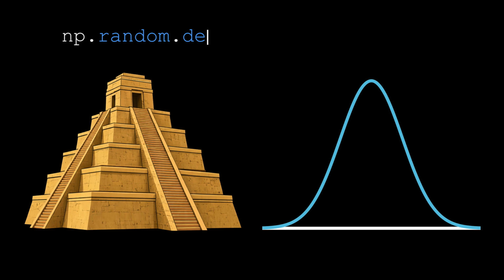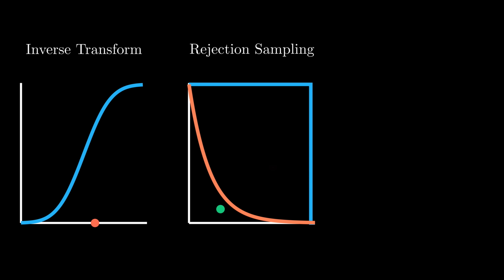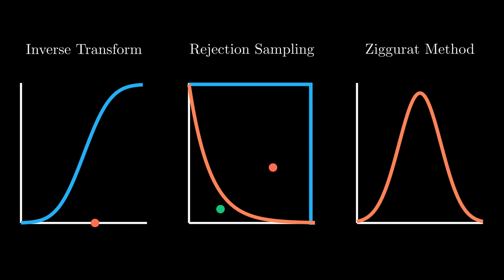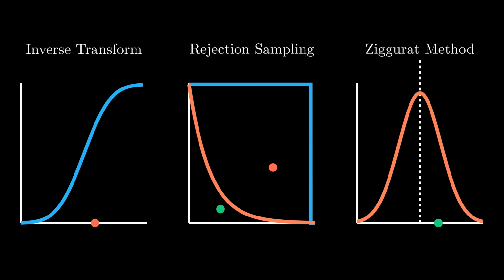It's the logic used by libraries like NumPy to handle multiple important distributions, and I love it because it brilliantly leverages key concepts like inverse transform and rejection sampling. By combining these concepts with a bit of clever geometry, the Ziggurat method can effectively cheat hardware limits to produce random samples from our desired distribution almost instantly. So let's learn more about these concepts and some of the ways our computer can generate randomness from a desired